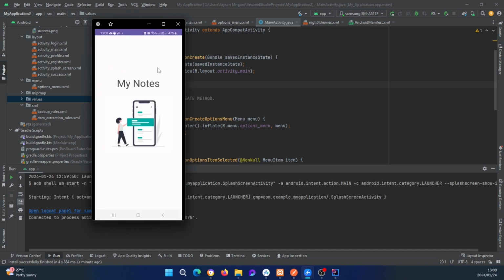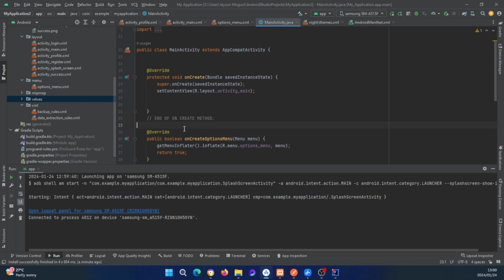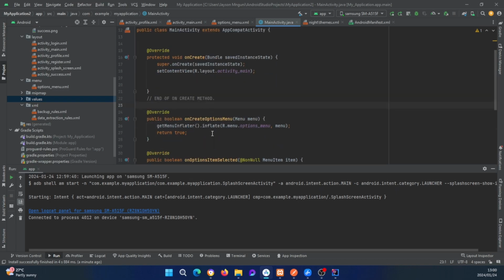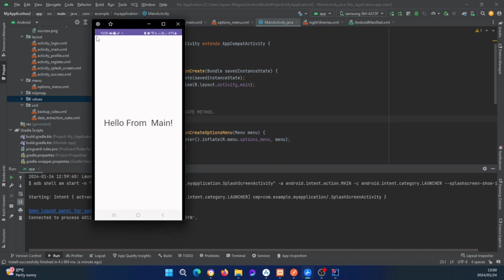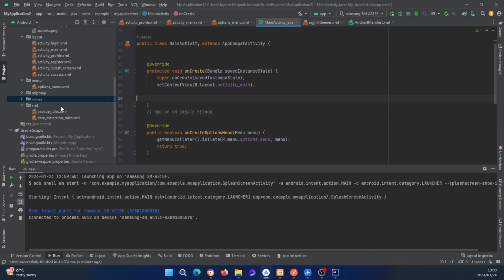So as you can see from the splash screen, the main activity, the options menu isn't displaying because the action bar isn't there. So for example, normally, let me just show you again. Normally here at the top there would be an action bar. So the action bar is what's going to display the menu along with the title of the action bar. So where we need to change this is we need to come to values